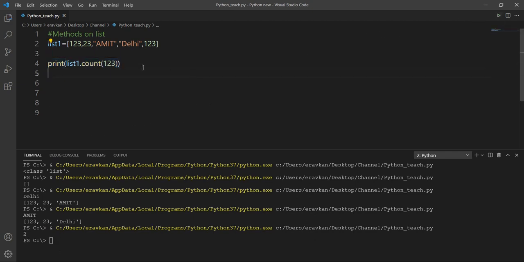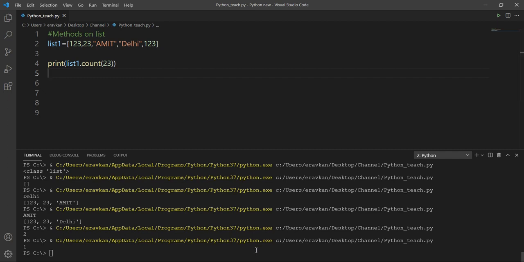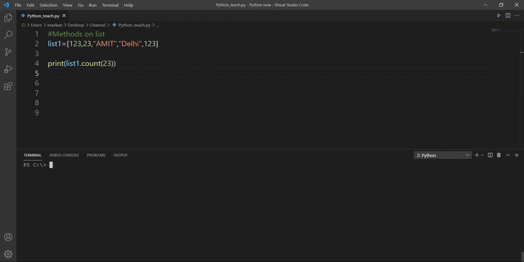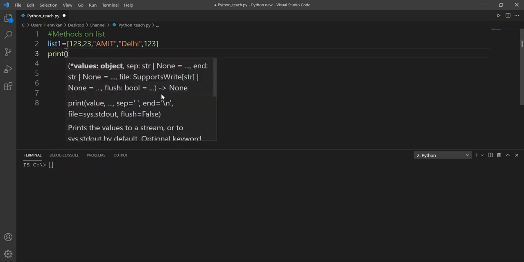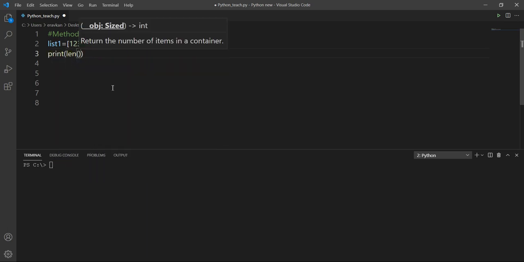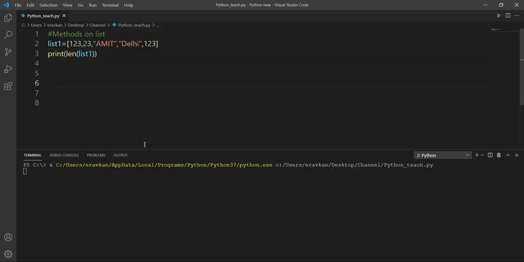It will give you the value. If I take 23 here, it will come as 1. Another method is the length method. By using the length method, you can check how many elements are contained in your list. Very simple. So 5: 1, 2, 3, 4, 5.